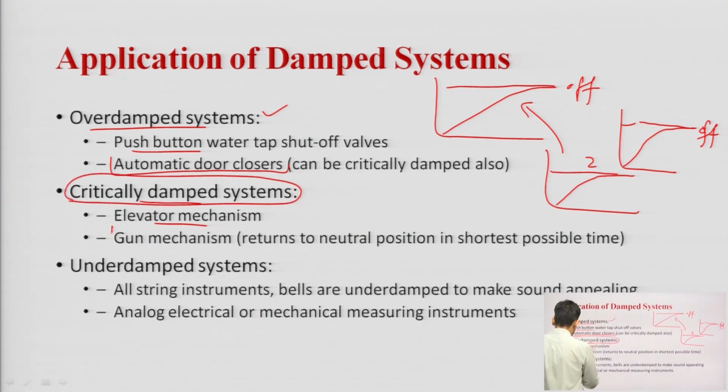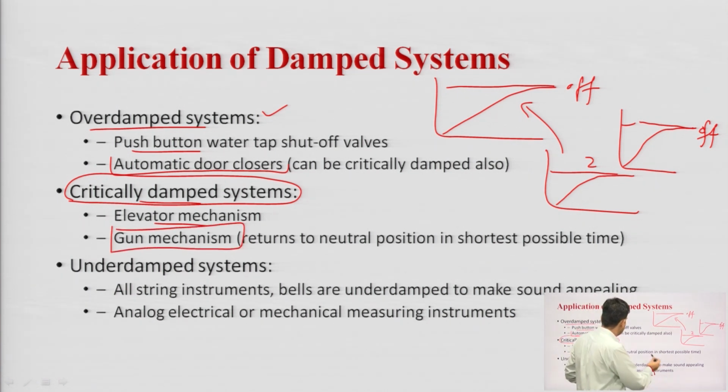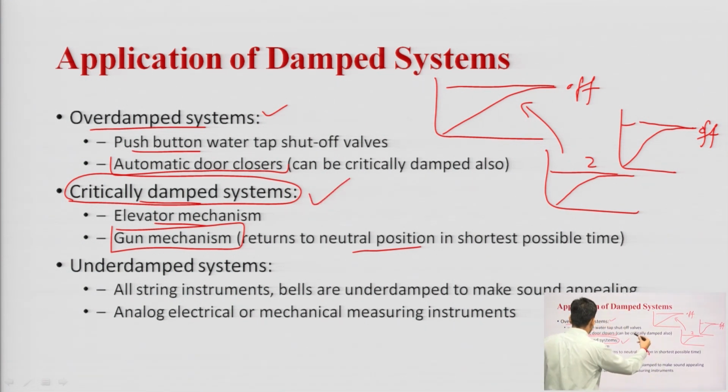In the same way, the gun mechanism: when you fire a shot, then my gun position will return to the neutral state. So, this has to be done in a very small interval of time. It means we are considering here the speed of the system. So, whenever we have to design a faster system, we have to make it a critically damped system. In the same way, for underdamped systems, you can say all string instruments and bells are underdamped,